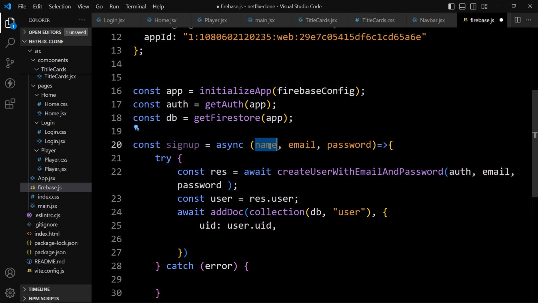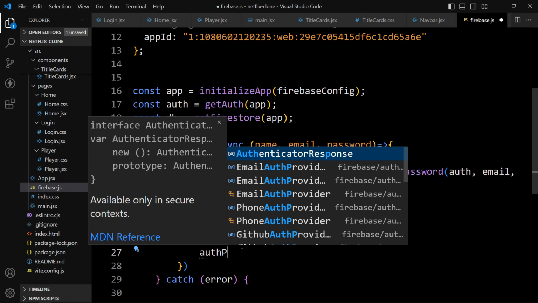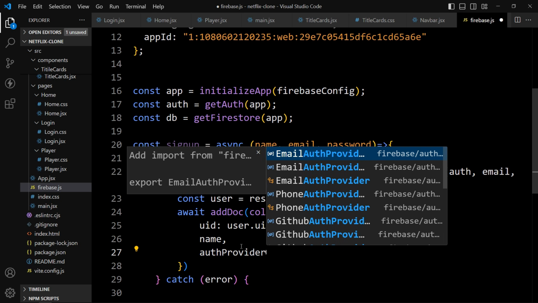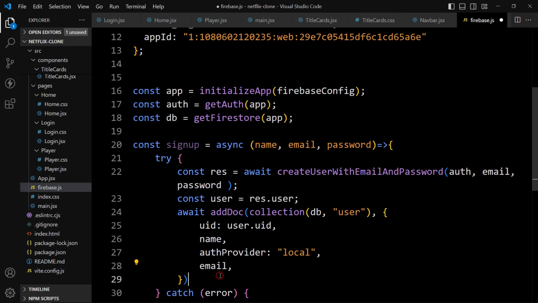Then we will store this name. After that we will provide authProvider. And in this authProvider we will add local. Then we will provide this email. So in the database we will store the user ID, that is UID, then name, then authProvider and email ID.